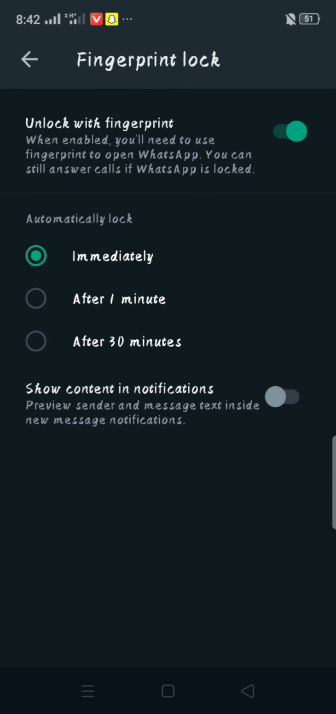After that, if you click on after 30 minutes, then your fingerprint lock will be enabled after 30 minutes. If you click on immediately, then it will be immediately enabled and your fingerprint will be added. After that, then go back